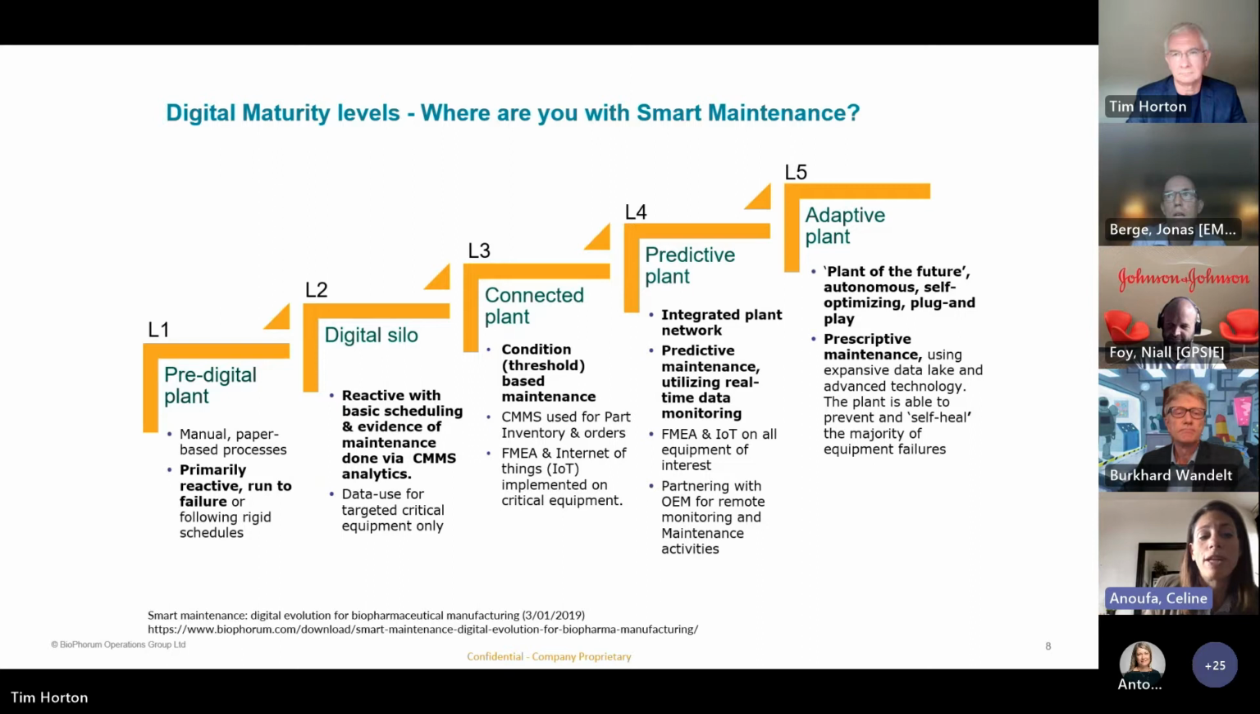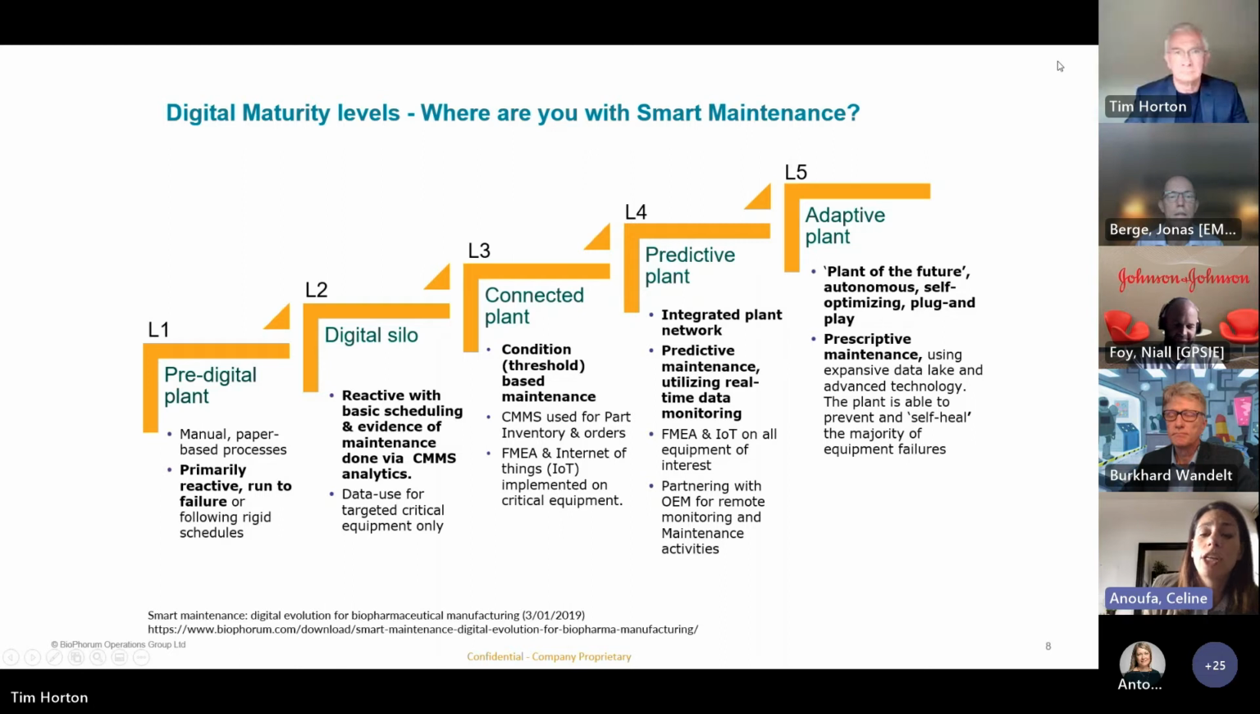Level 1 is manual, paper-based process. The maintenance is pretty much reactive. Level 2 is the beginning of automated maintenance planning. And we see with my colleague that 95% of those companies are at this stage with respect to maintenance. And only a third really get to the next level, level 3, when the plants start to be connected together